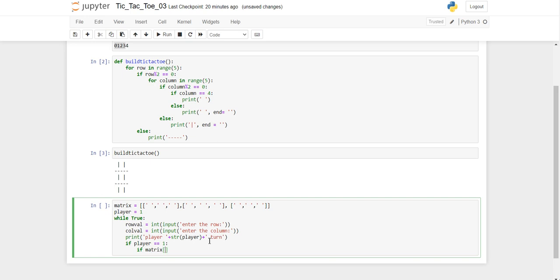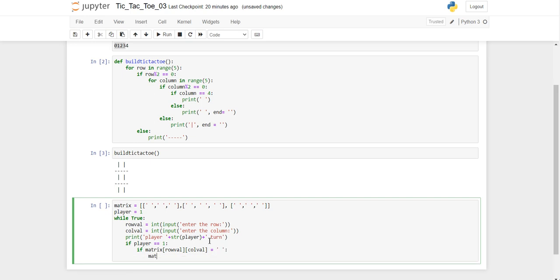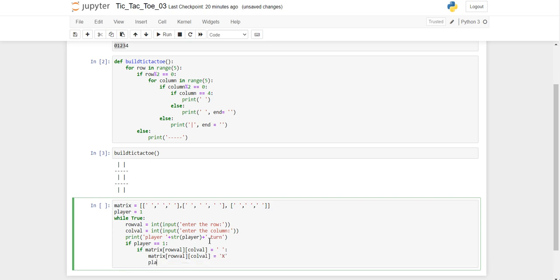So if matrix of row val, col val is blank, then matrix of row val, col val equal to X. Then he has to go for player 2.